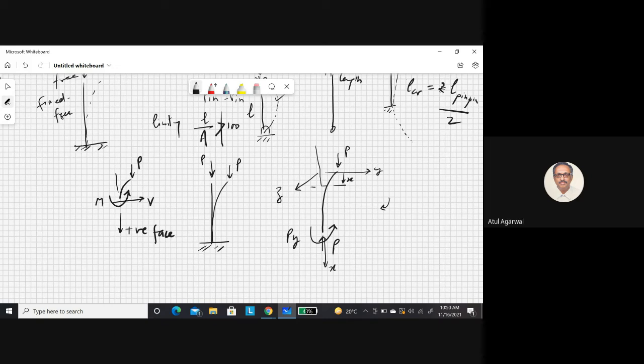So this is my maximum deflection. Now this is your maximum deflection. Okay. And this is your y at this position X. So what is the moment? So this was your center line. This was your delta, and this is your deflection y.